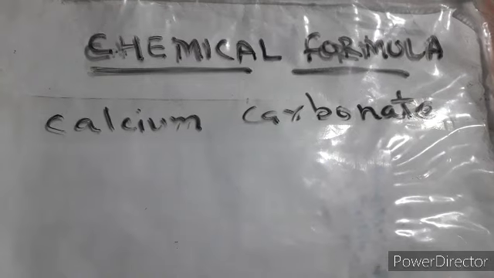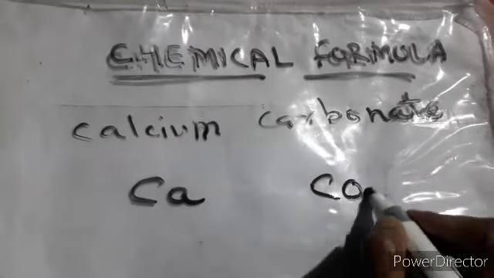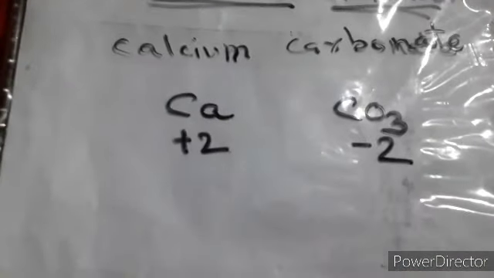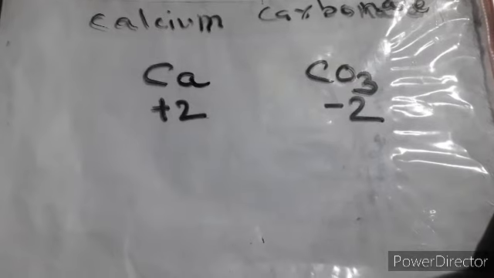Now we can see some other examples also. We'll try to focus on all the different types of examples so that this concept is clear to you no matter what you have done in class 8. But I am trying to make everything clear to you, so let's focus on it. Now once again we are writing the symbol for calcium carbonate. We have discussed it earlier also. You know its valency is +2, over here is -2. This you have to learn, because if you are not able to learn the symbols and valencies, then you will be unable to form the formulas.